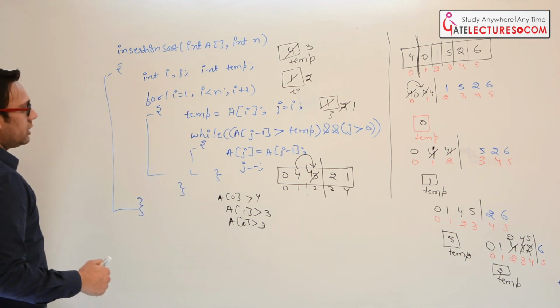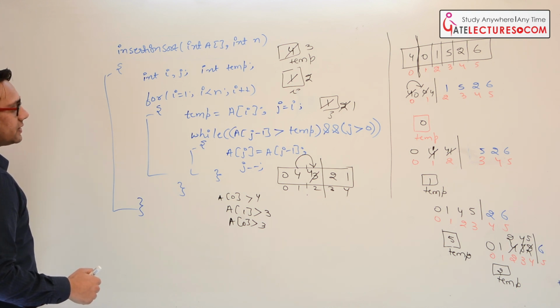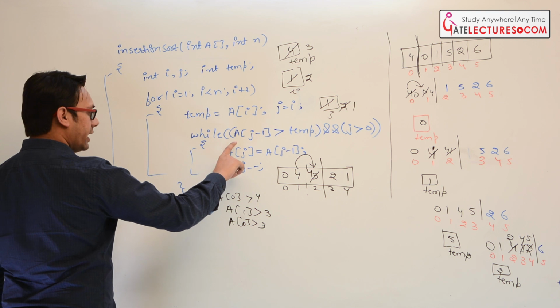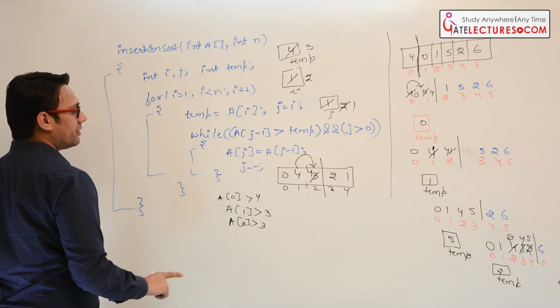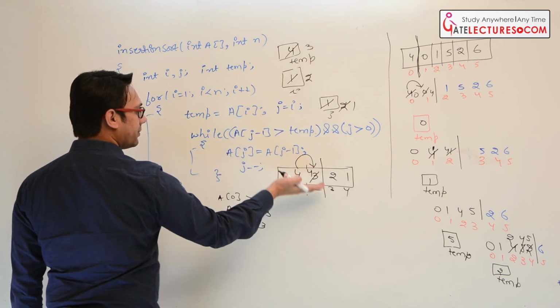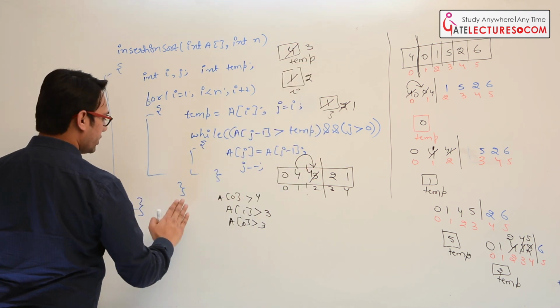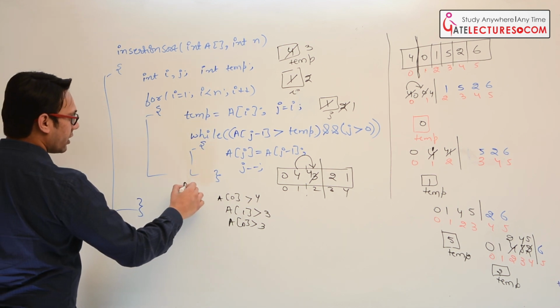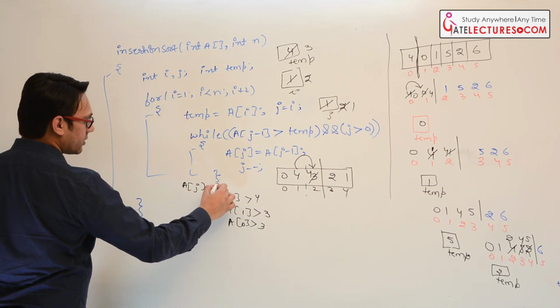Now, if you see in this case, at no position have we stored this temporary variable into the array. So what we have to do here is store this value here also. So we have to make some modifications. We have to make a of j is equal to temp.